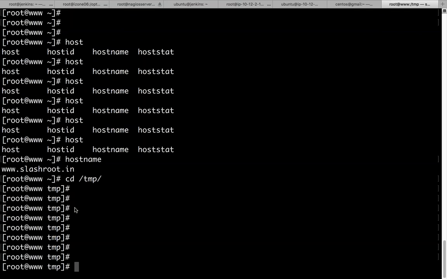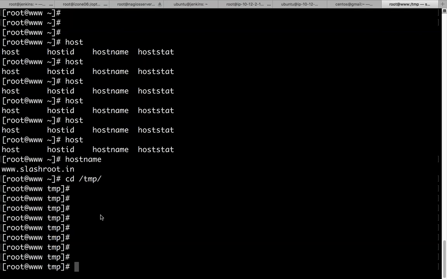Now what is this hash? Now comes the final thing. Hash indicates that you are logged in as super user, which means you have super user privileges. You are logged in as a big daddy, the root user, which is the reason you are shown a hash symbol on the screen. If you log out and become a regular user, a user like Sharath or anybody else, that user won't have the shell prompt that you are seeing right now. That user will have all of the components that we learned today, but instead of this hash symbol, it will have a dollar symbol. I'm going to show you that.